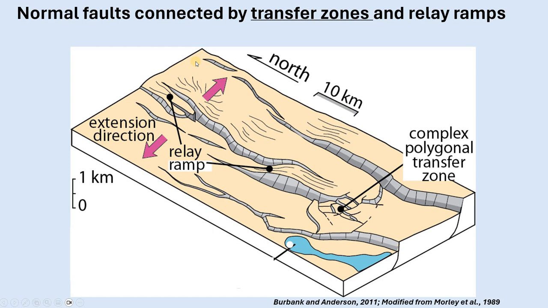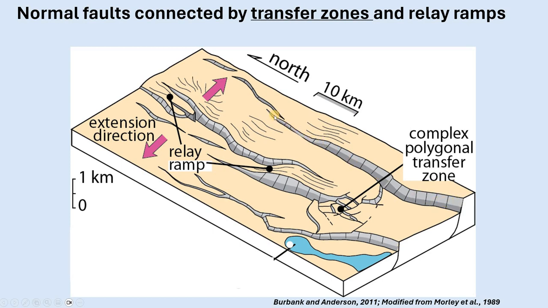So now let's move on to normal faults. Recall that normal faults form under extension, so the crust is being pulled apart as shown by these pink arrows. And here we have a bunch of normal faults where the hanging walls have dropped down relative to the footwalls. What we see is that these normal faults have areas of large displacement, and then they kind of